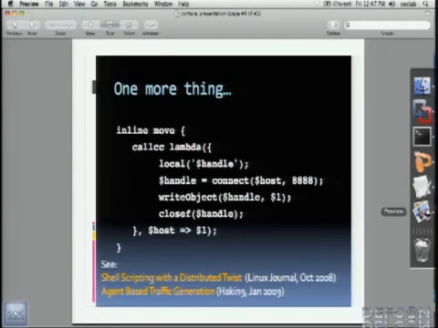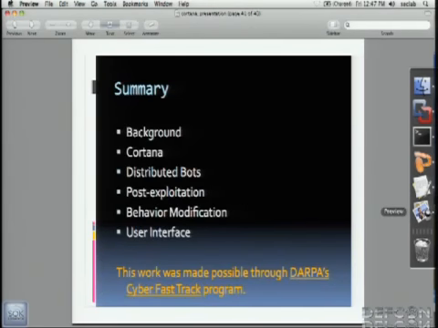And if you want to check more about this twist, I've got 2 articles I've written about this technique, shell scripting with a distributed twist and agent-based traffic generation. So just to wrap this up,